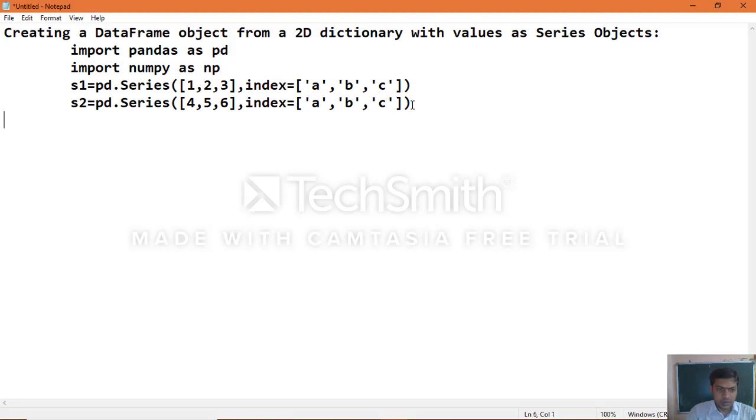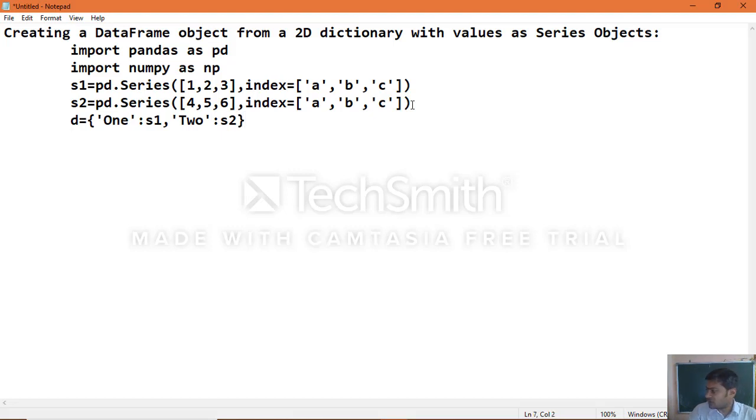Now create the dictionary d equal to 1 for this series object s1, comma, 2 for this series object s2.